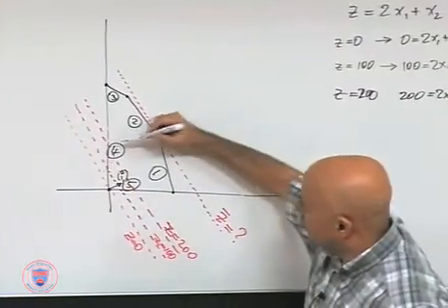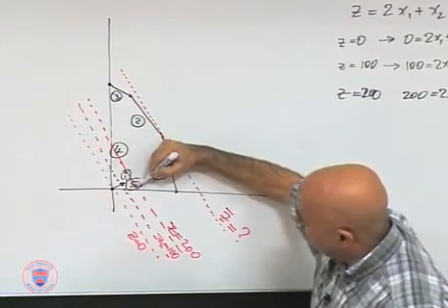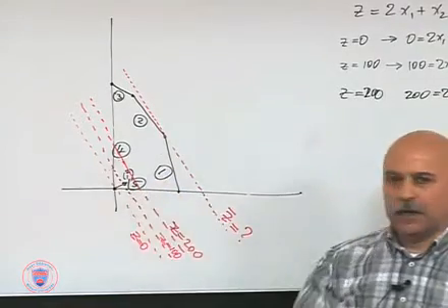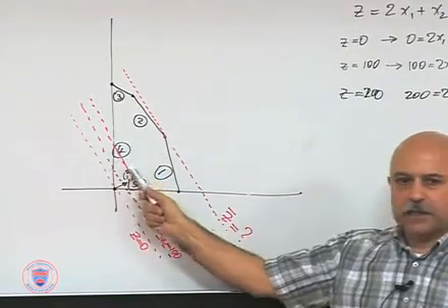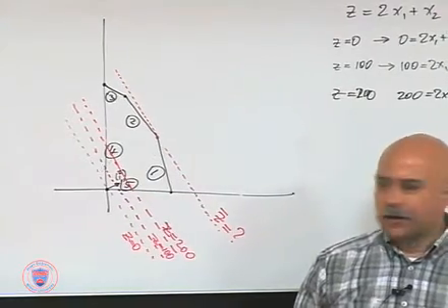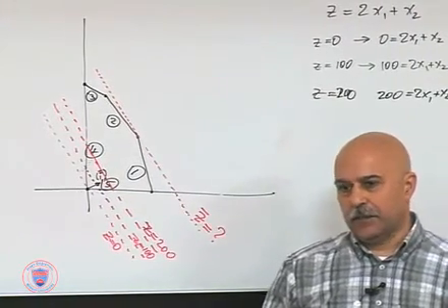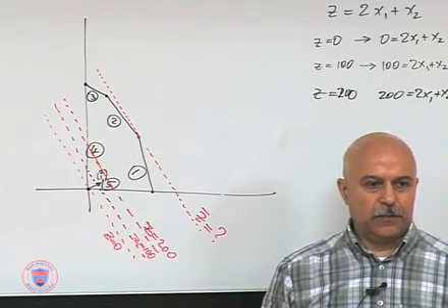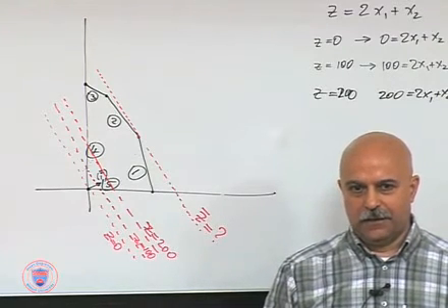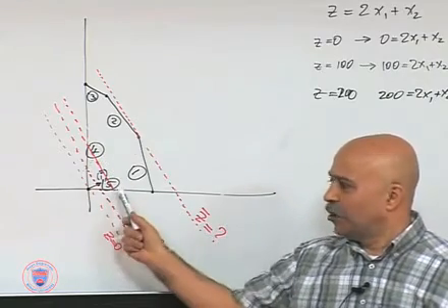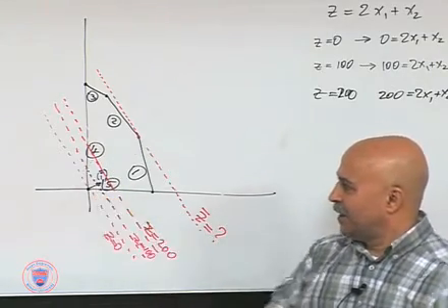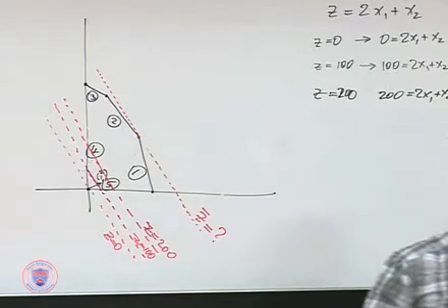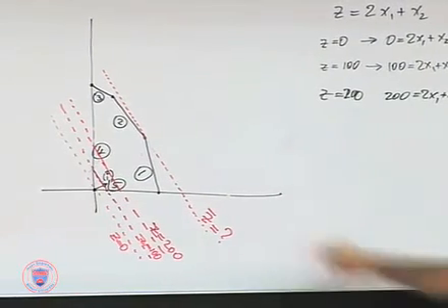For z equals 200, if you pick any point along the solid portion of the line, each point on the solid portion of that line is a feasible combination. So each one gives you the same objective value, 200. They are not better than one another. They are equally good. But they are all better than the lines, or the feasible set of solutions you would get here, because each one here will give you 100. Okay? So you can see that